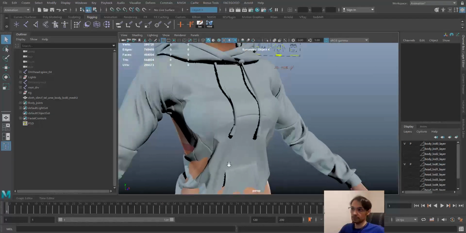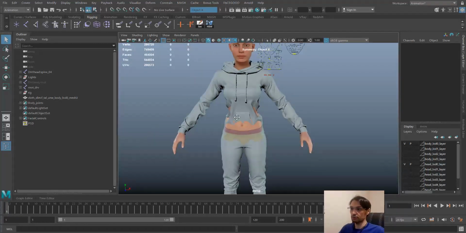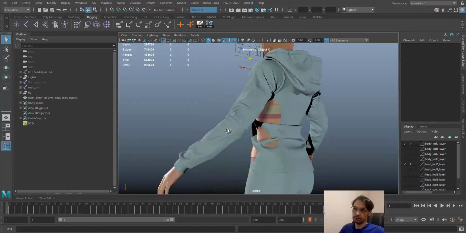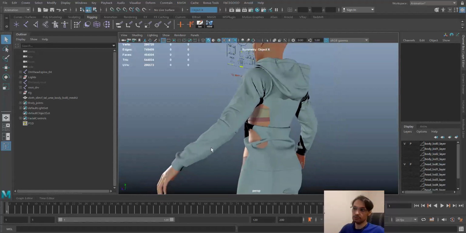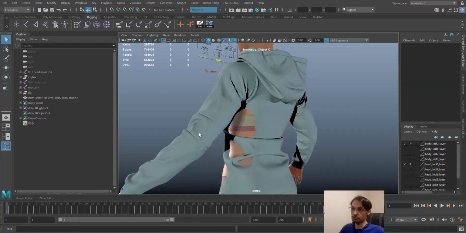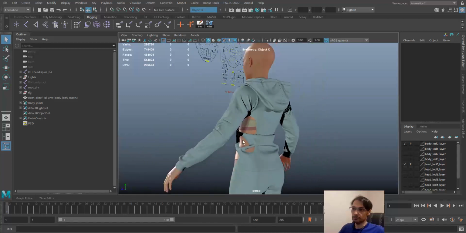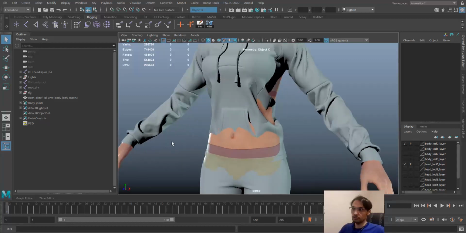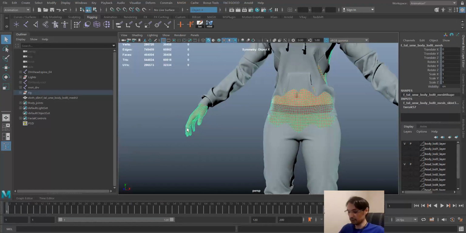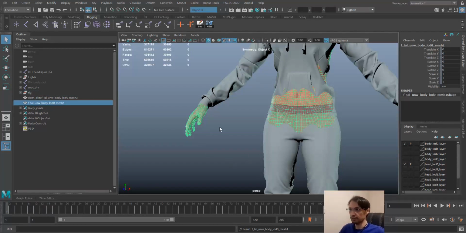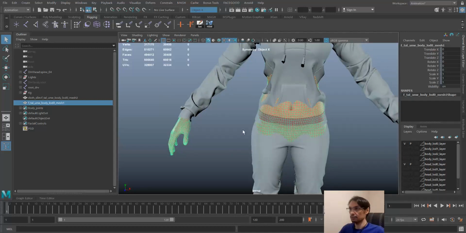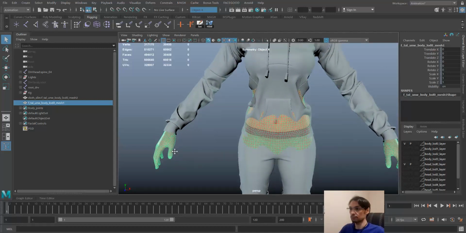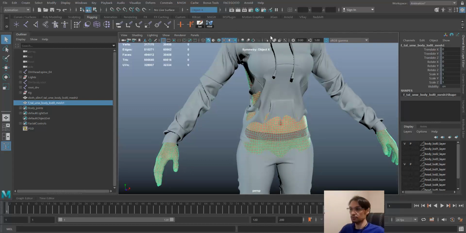So what we can do for this kind of situation, and actually for all the situations that we have a glove, we need to remove the underneath body because we don't want the body sometimes penetrating the cloth and showing up. So to do that, I'm going to select this body, duplicate it and unparent it by Shift and P. And I'm going to delete the portions that I don't want